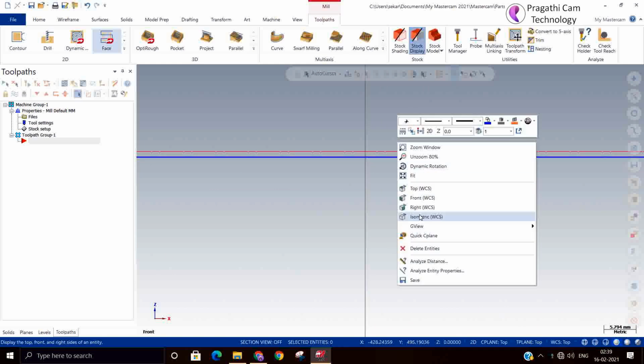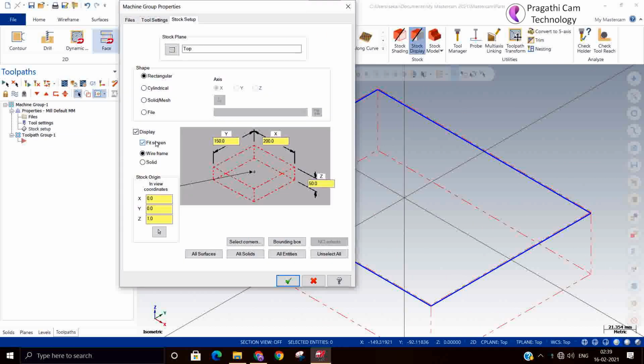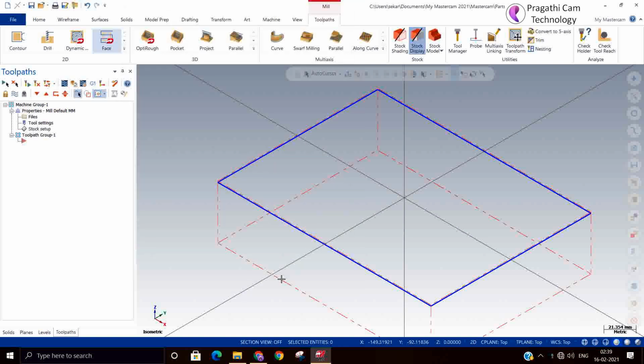The idea is, if you see in the stock setup, the size is 50 thickness, with Z kept 1 above. So after machining the 1, the top of stock will be the 0.